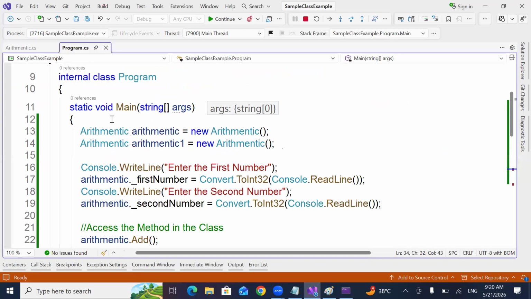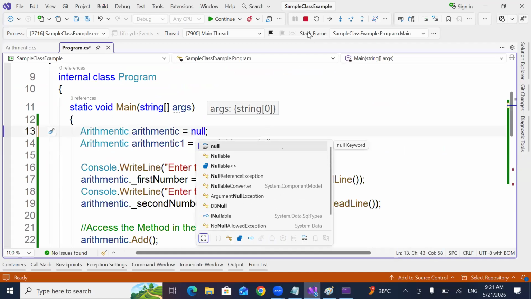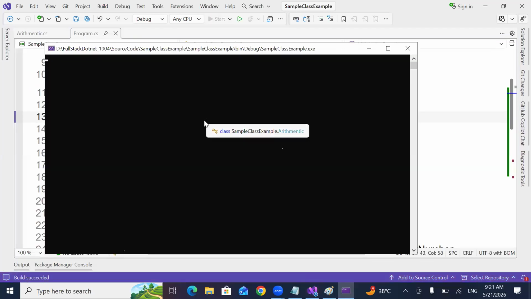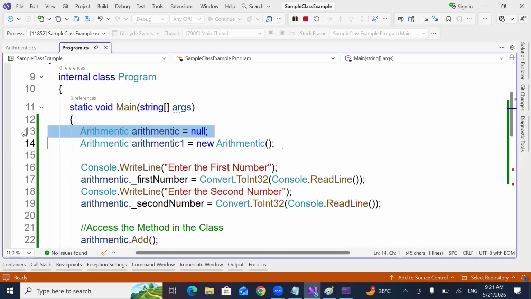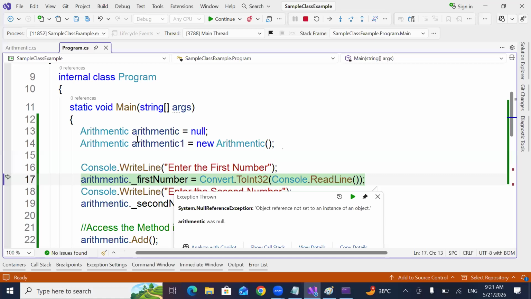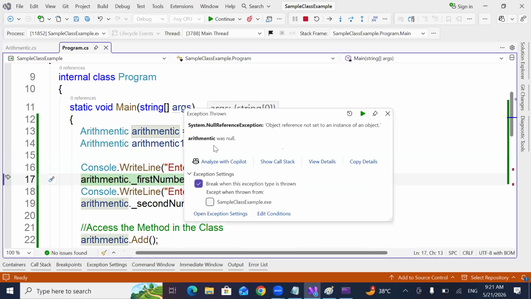See, let's assume I don't have any object here. What will happen when I run the program? It will say memory was not created; it will throw an error. What is this saying? Class arithmetic was null. It is not finding a memory.